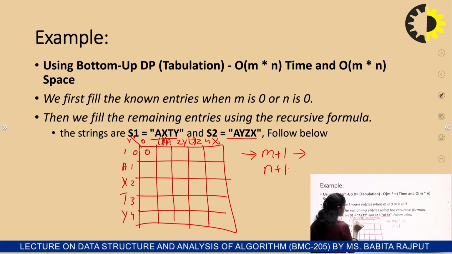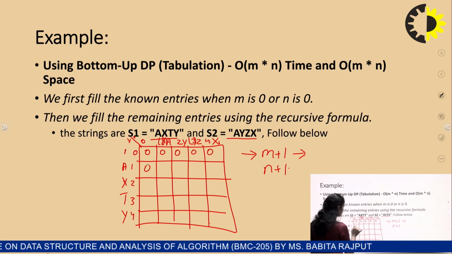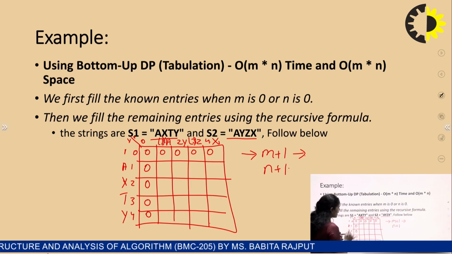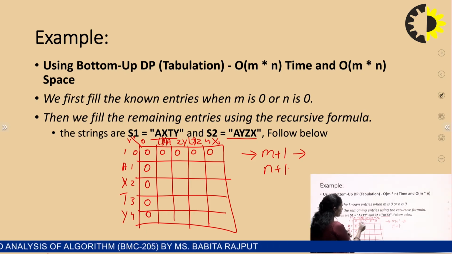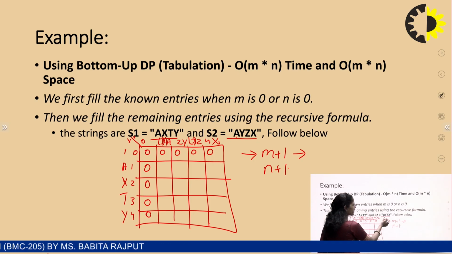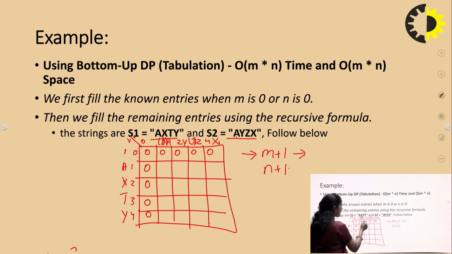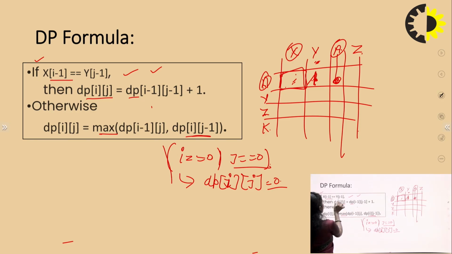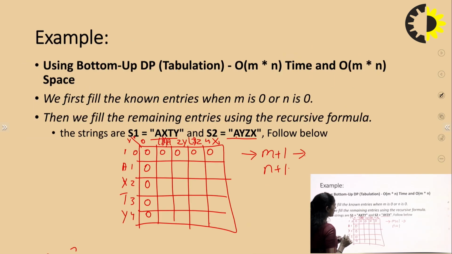So at the 0 index we are simply putting the 0 value on both sides, right? Now we will compare both characters of the strings. Let's say the first character of string 1 and the first character of string 2. So here we have A and also we have A. So basically this particular concept is, according to this, the i minus 1 and j minus 1 are equal, as you see, right? So i minus 1 means the current position of the pointer is this, and for i minus 1 we are calculating this particular index.